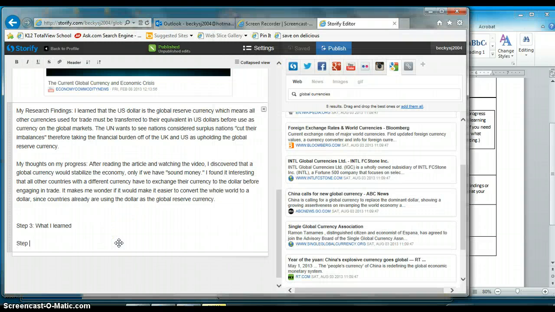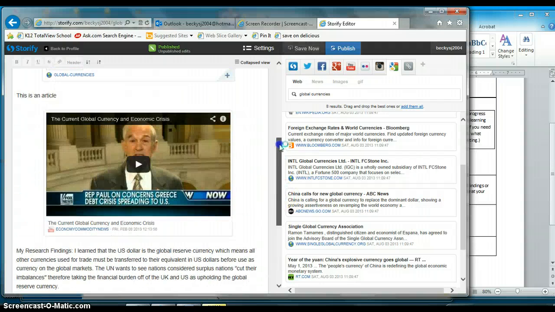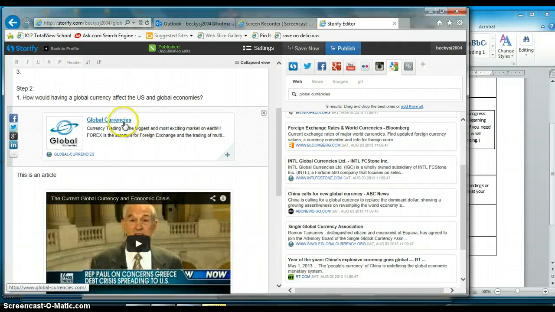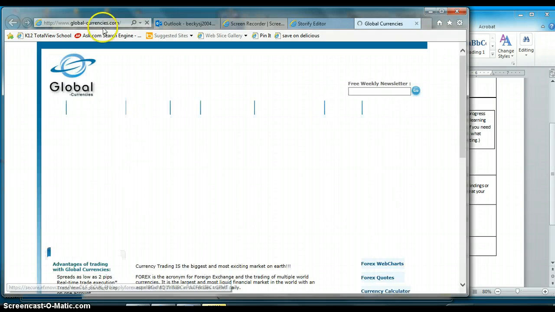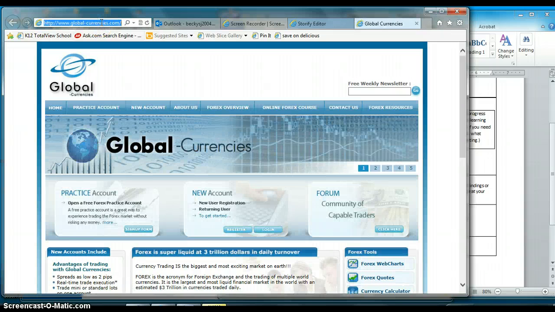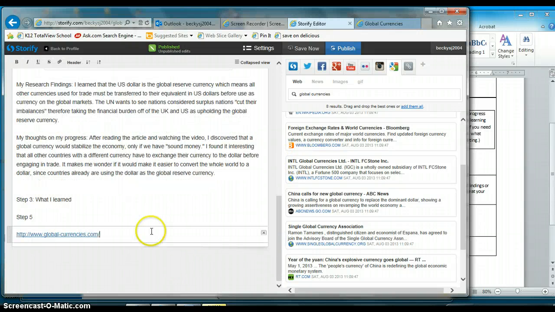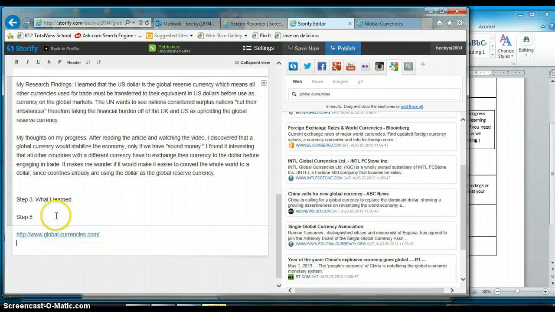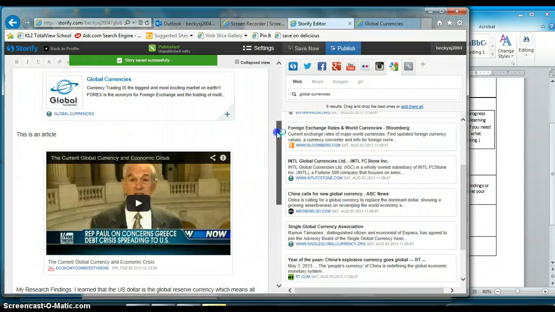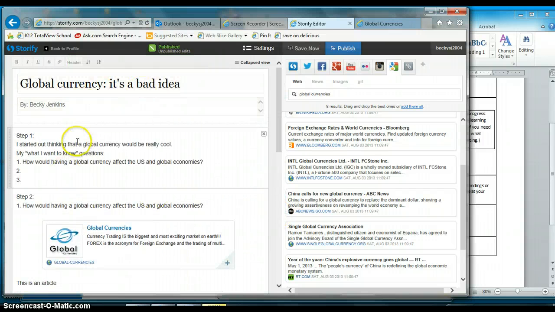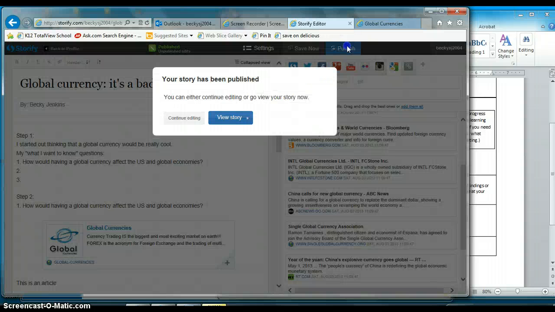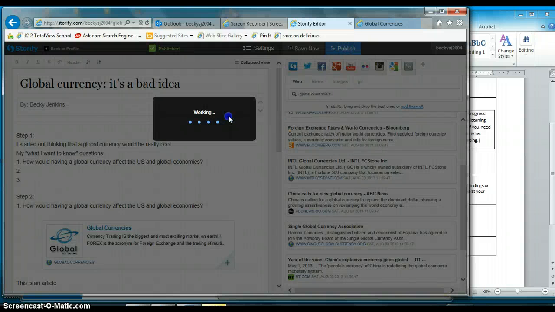So for step 5, you're just going to pull the URLs for each of these sources. If I click on this, it's going to take me to the article, and I'm just going to copy the URL by hitting copy and then putting it back in the Storify here. Okay, so I'm just going to list them in alphabetical order so that way I get in the habit of citing my sources. Okay, once you're done with your Storify, you just click Publish, View Story,